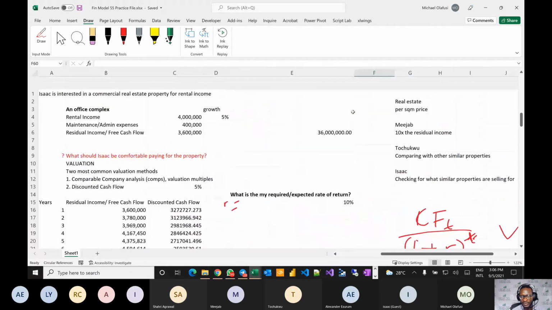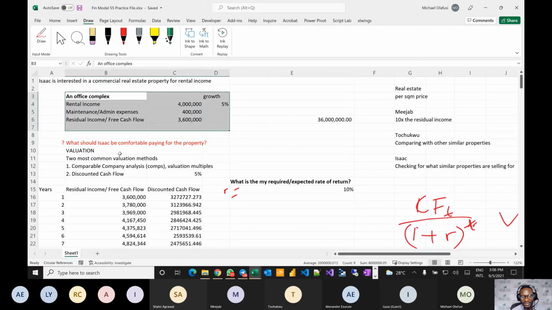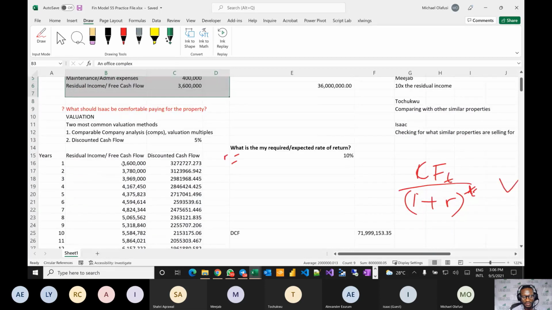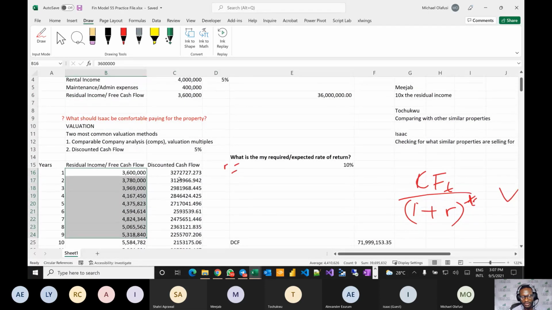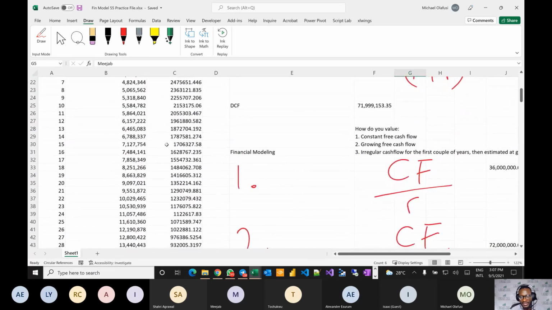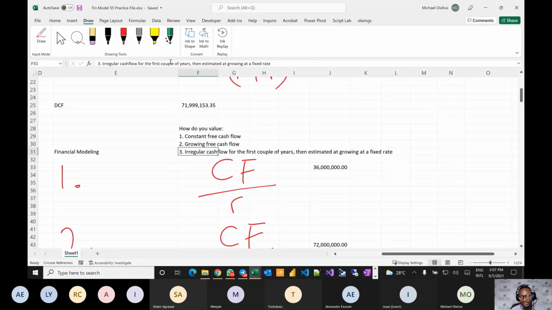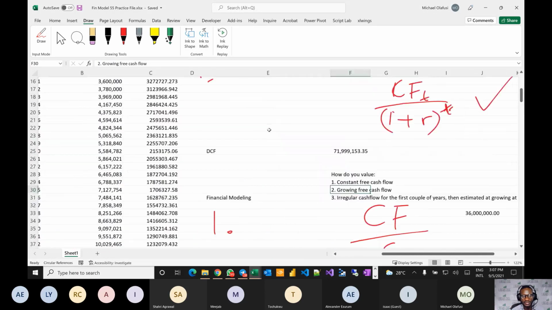But by now, you should understand from first principles. We started with something very straightforward: you want to buy a real estate property, and the money that is going to come, how will you value it? So we started from something everybody can relate to. Thank God you all gave me ideas as to what you would do. And then we went from there to how the same thing applies when you're doing it for a company. You have to do it for the regular cash flow, and then you do it for the part where you are estimating that they should at least keep growing at a particular rate.